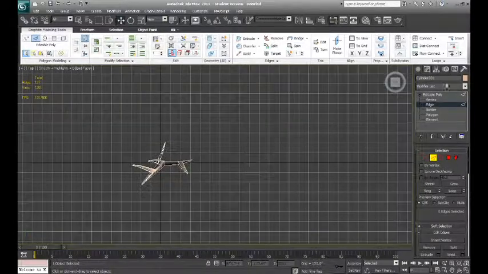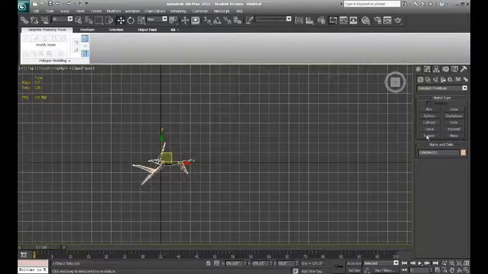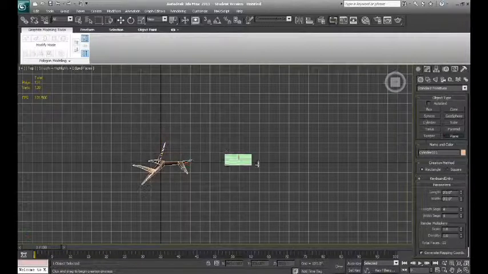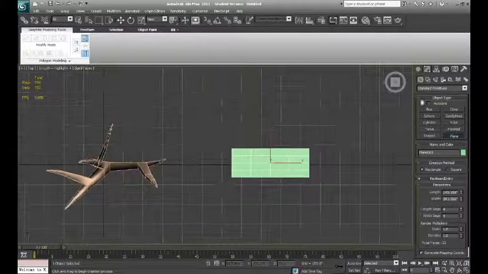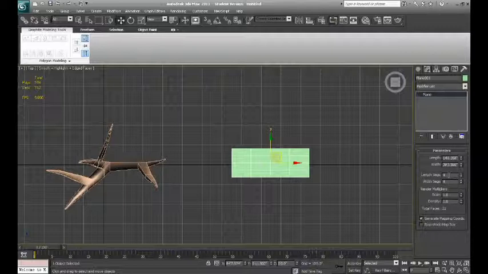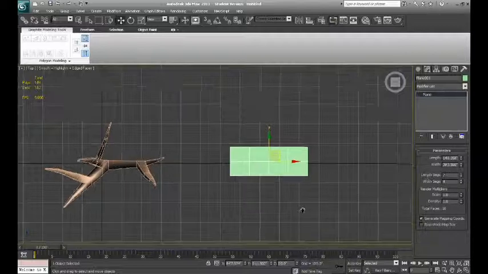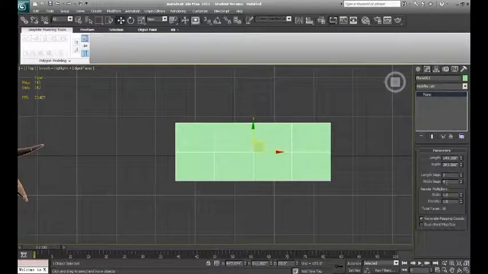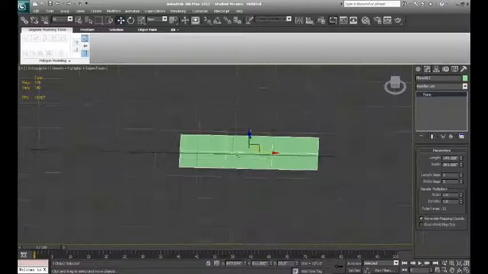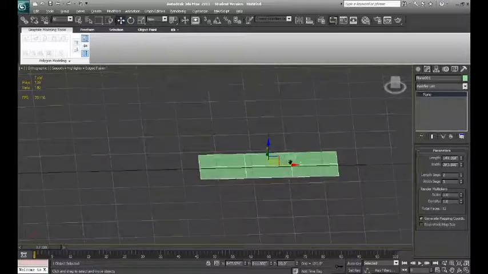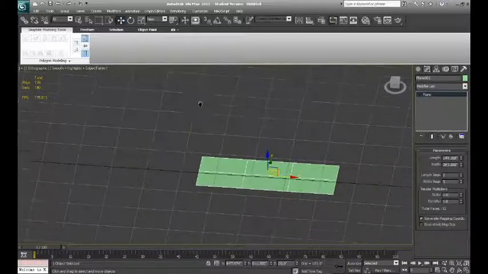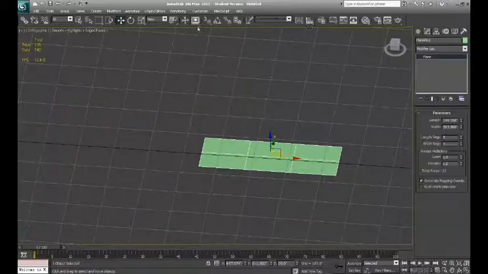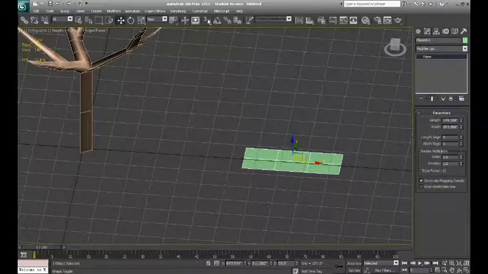Top down view, go to create panel and give yourself a planar surface. I'm going to go really low poly. I always give myself an edge loop down the center. I'm going to probably go with maybe 3 on this because it represents a branch with a lot of leaves. And so once I get that, I'm going to, let's just close that for now. I'm going to